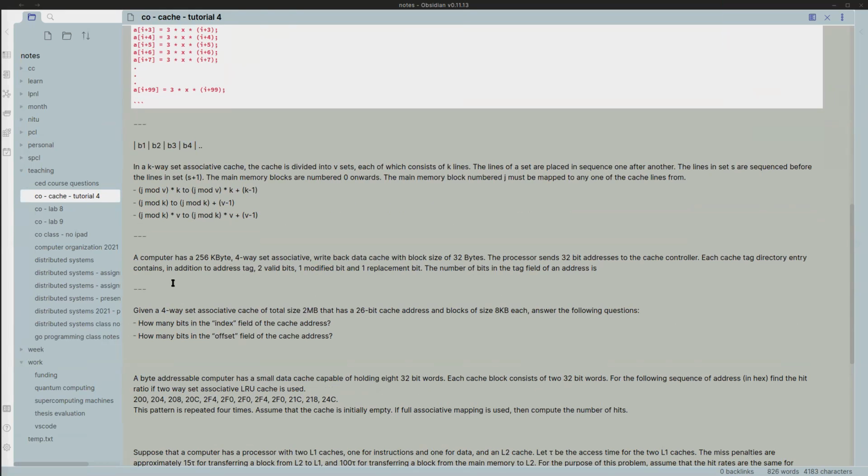So what are these modified and replacement bits? Are they like the dirty bit and which byte to replace? Yes. It's up to them how they want to come up with it. Generally, different cache controllers will maintain different bits. They might have come up with some sophisticated replacement policy. There are people who have tried replacement policies where the replacement bits are themselves like 1 byte, like 8 bits or so.